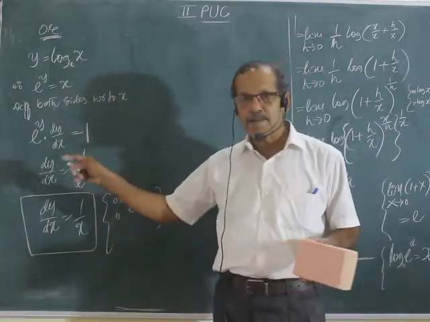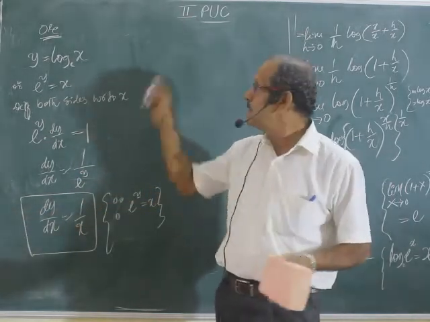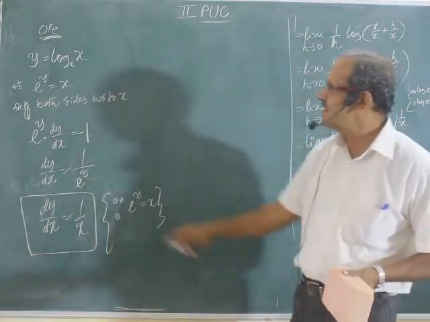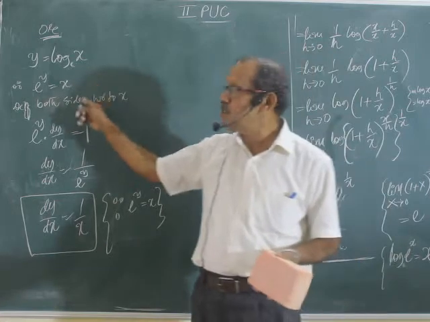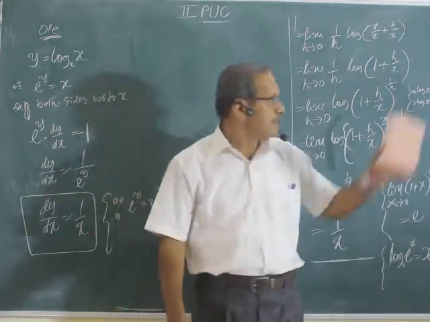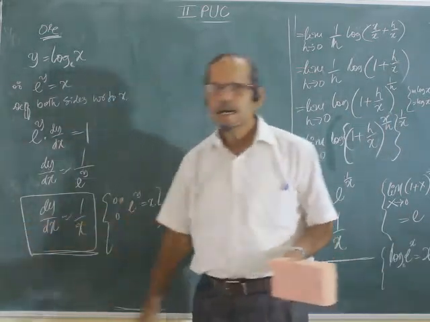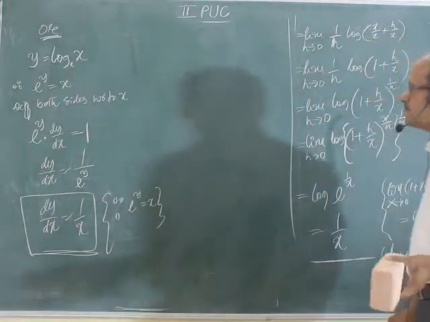Don't do this method in the exam, because they are asking you to derive that one by using the definition of differentiation. This one is implicit function differentiation you have used. You have to use the fundamental definition of derivatives. That one, so this method is required. Anyway, you must know the method. By using implicit also you can show that the derivative is 1 by x.